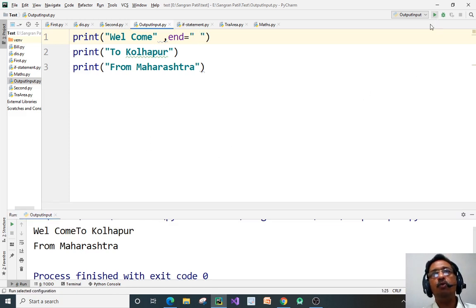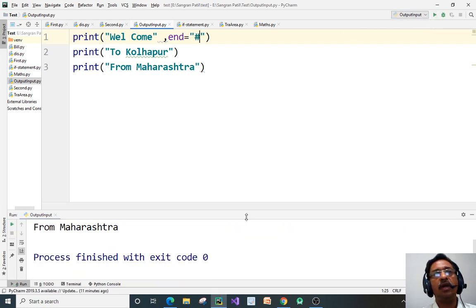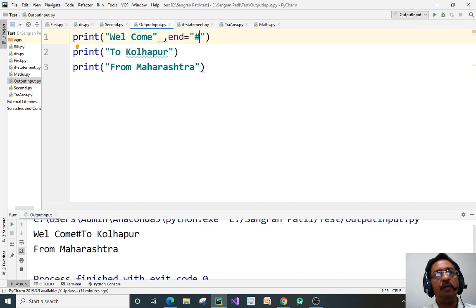So if you want to combine the output of the next print statement with the current print statement, we have to add here end equal to. You can give here any character. If I give here, suppose, a hash symbol, and if I run this, check what happens. It will give you welcome, after welcome it gives hash and then to Kolhapur.